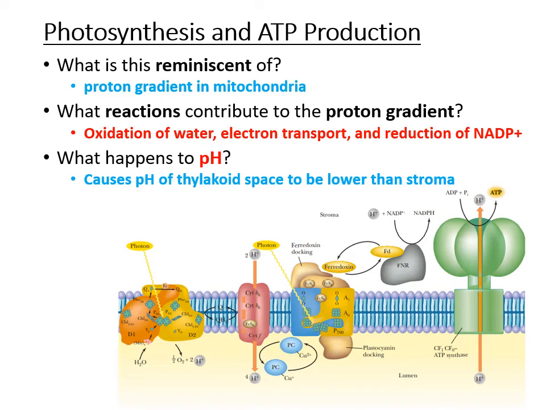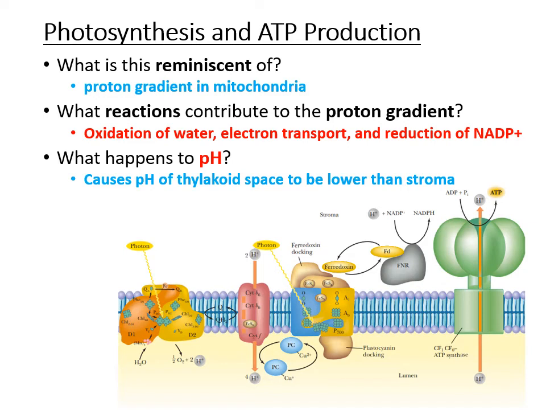So all of this is very reminiscent of the proton gradient and the proton pump in mitochondria. But in photosynthesis, what's leading to that proton gradient are the reactions that we've been going through so far. So for instance, in the beginning, the oxidation of water, then the electron transport chain, and finally that reduction of NADP plus